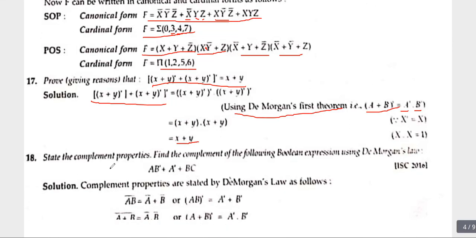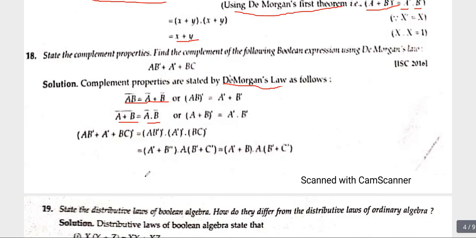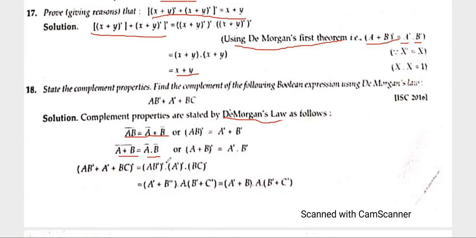Okay. Next question. In the next question also you have to find out the complement. You are also able to solve it by using De Morgan's law. So De Morgan's law is very important, these two De Morgan's laws: A B complement is equal to A complement plus B complement, and A plus B complement is A complement dot B complement. So learn all the algebraic Boolean laws. With the help of all Boolean laws, like the complementary law and De Morgan's law, you are able to solve your expressions.